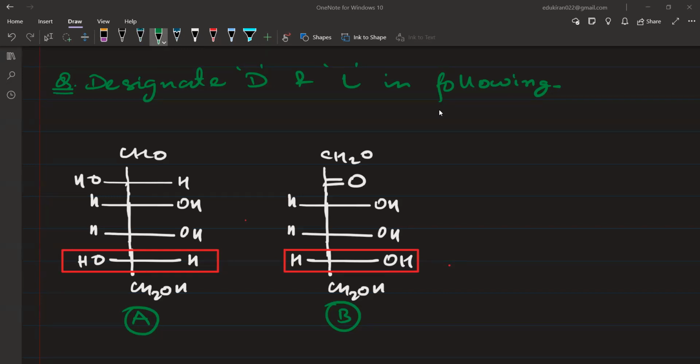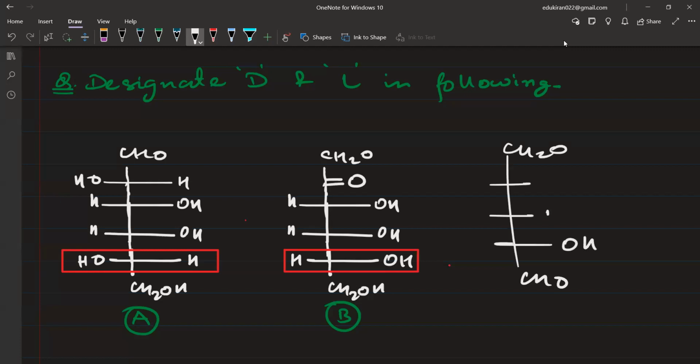A क्या होगा, A बताइए पहले। OH, अगर लेफ्ट में है तो L, राइट में है तो D, दैट्स इट। पेनअल्टीमेट मींस सेकंड लास्ट कार्बन एटम। ओके, सेकंड लास्ट कार्बन एटम। अगर ये आपको उल्टा भी दिया रहता है ना, प्लीज यहाँ ध्यान रखिएगा, 1 2 3, let us suppose this is CH2OH and this is CHO, OH H OH।